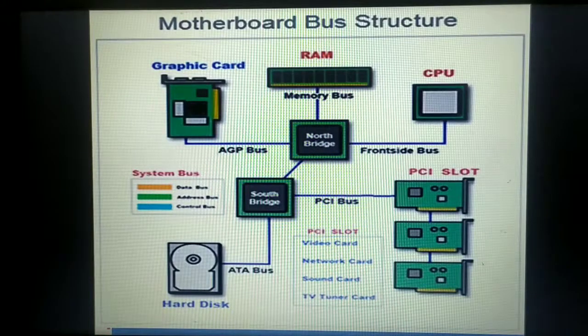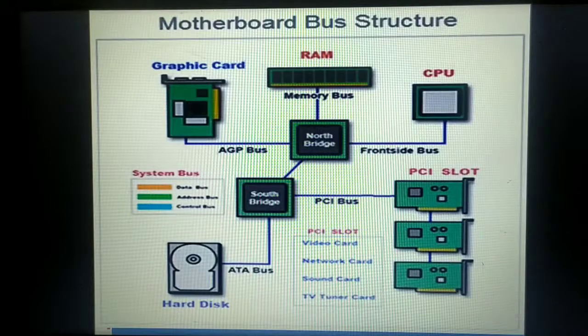So this was all about the chipset. Just as a summary, there are two types of chipset, the north bridge and the south bridge. Both are responsible for data transfer between the various components on the motherboard. Usually the north bridge handles the higher components like the CPU, RAM, AGP or the PCI slots. Why do we call them the higher components? Because they are extensively used for computation purposes.